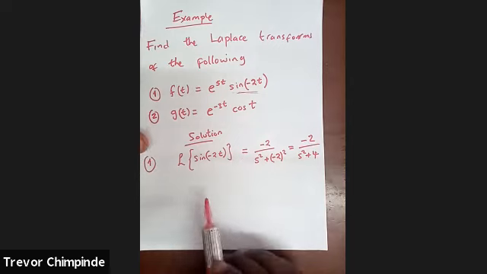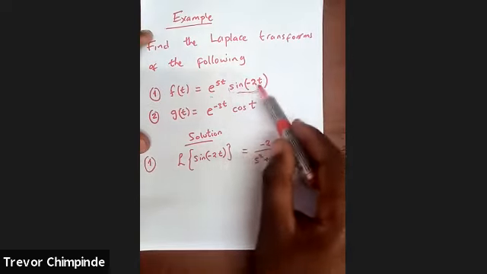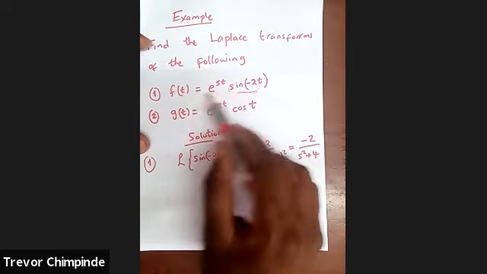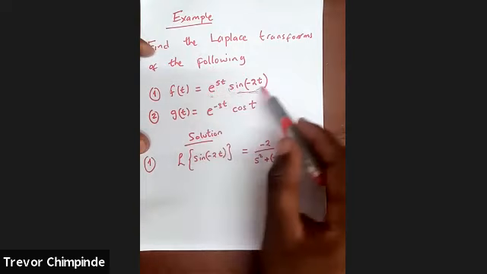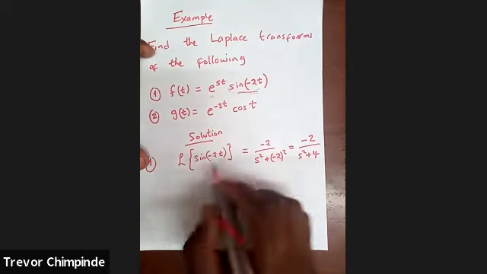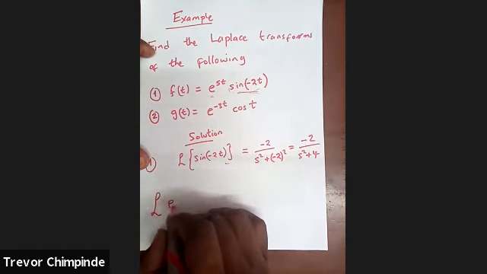So the S-shifting theorem says if you know the Laplace of this, then it's easy to get the product of this. You don't have to start integrating. You don't have to go to the basics of using the definition and integrating the whole function. So it says that since you know the Laplace of this, the Laplace of e